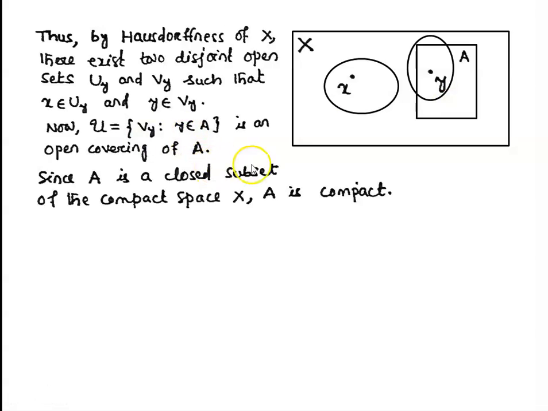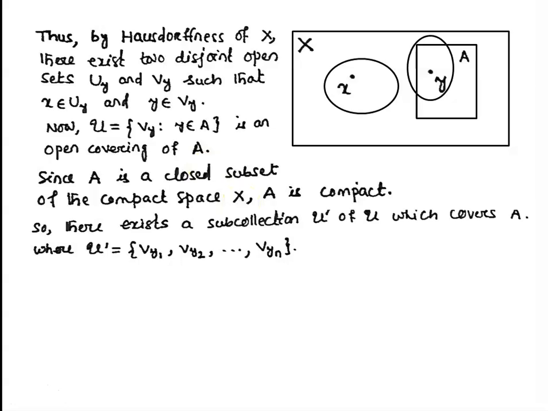Since A is a closed subset of the compact space X, and we know that a closed subset of a compact space is compact, A is compact. Now here we have U, an open covering of A, and A is compact. So this open covering has a finite subcollection U' of U which covers A,